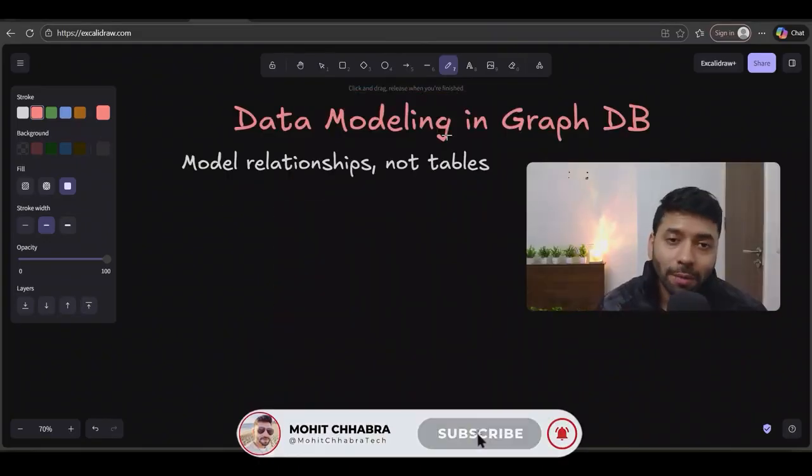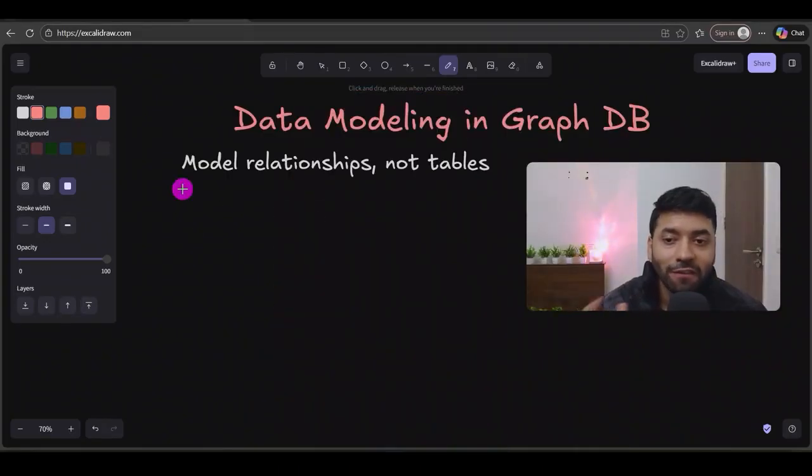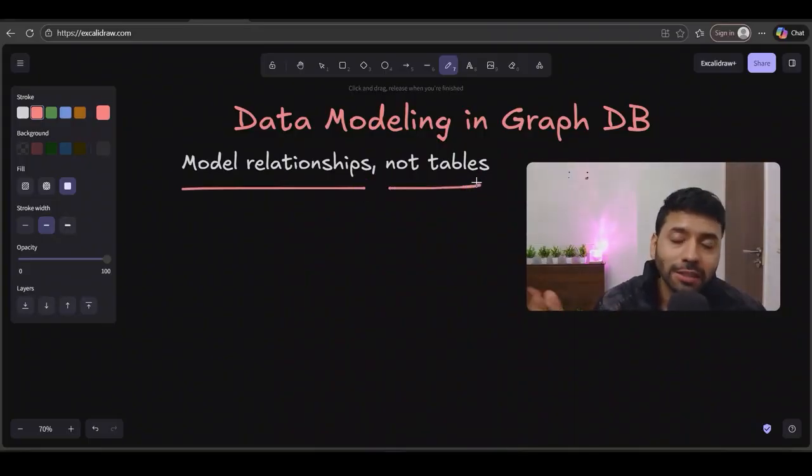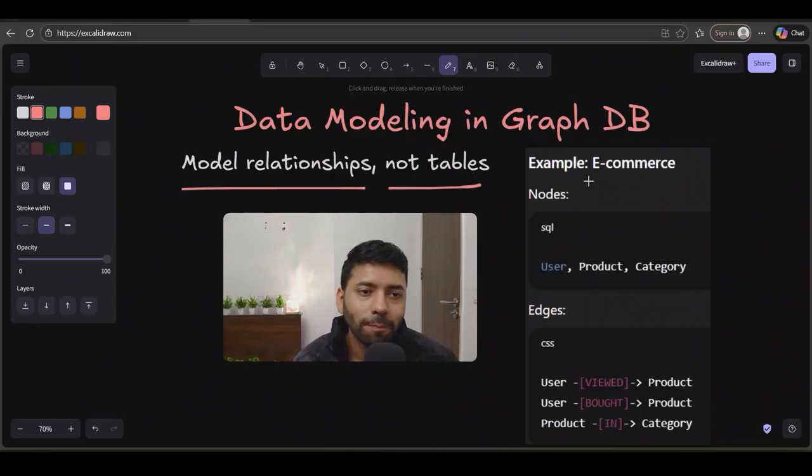So the rule for data modeling in graph database is we have to model the relationships and not the tables. Let's try to understand this with an example. So if we take example of e-commerce, the nodes can be user, product, category, and the edges can be user